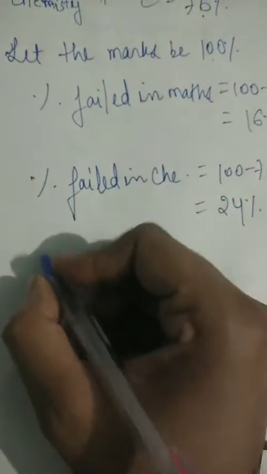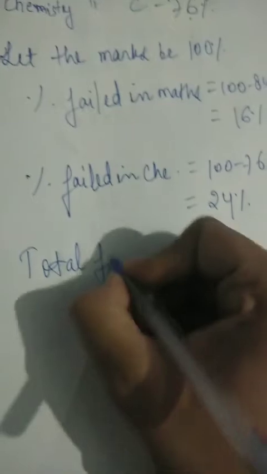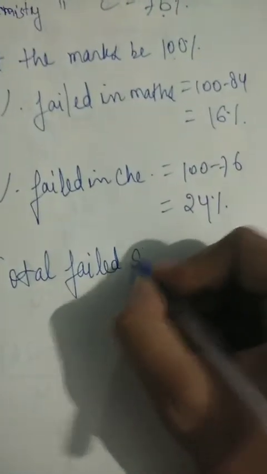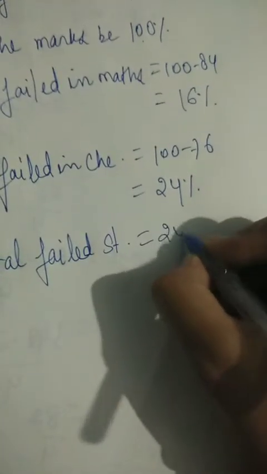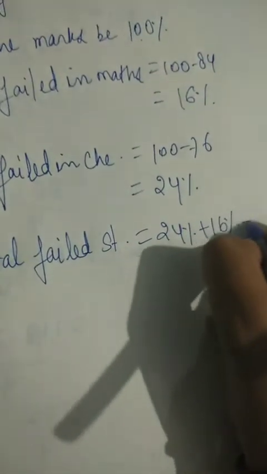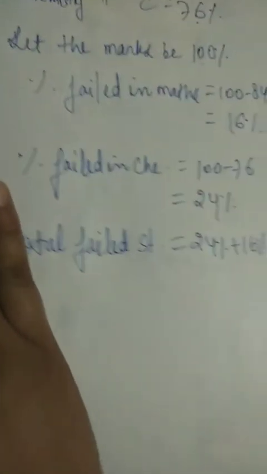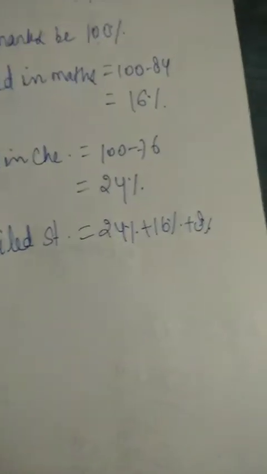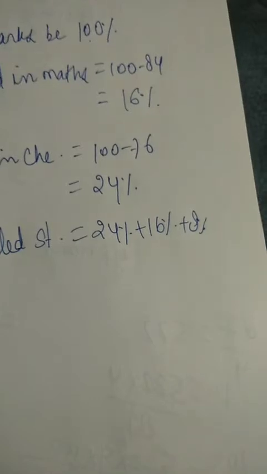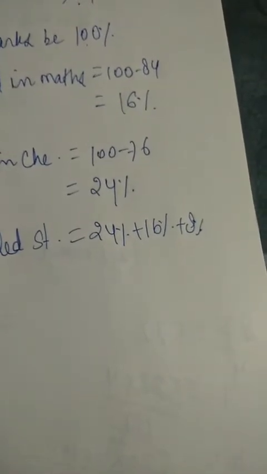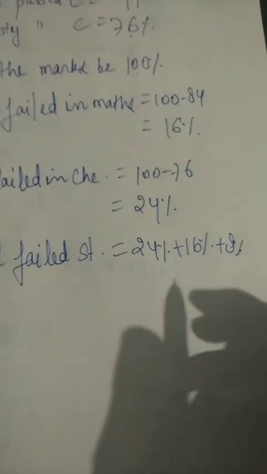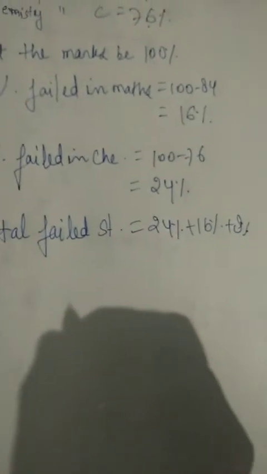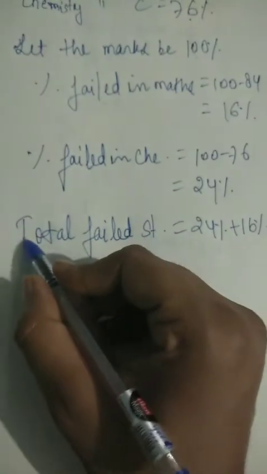So total failed students is 24 plus 16 plus 8, which is equal to... student. Instead of just finding the total,